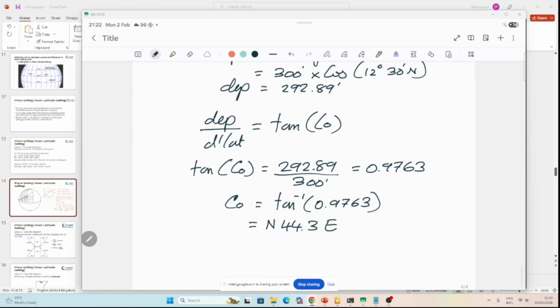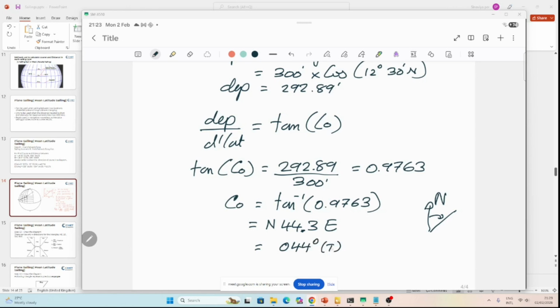So this will not exceed 90 degrees. So now we have to convert it. This is how you write it. Okay, this is the proper way of writing your quadrantal course, at least one decimal place. Now we have to convert it into 3-digit courses. So how to convert it? Automatically you can see it's the same thing when you convert into north. 44 degrees point 3 means this is your 3-digit course as well. So the 3-digit course is